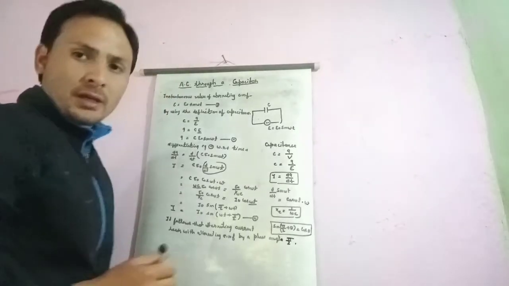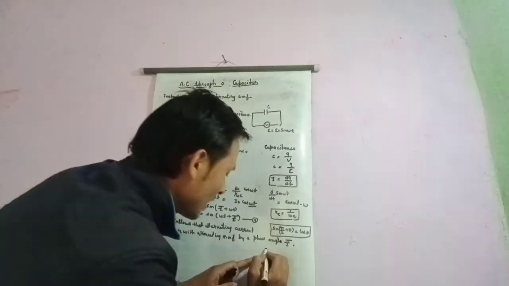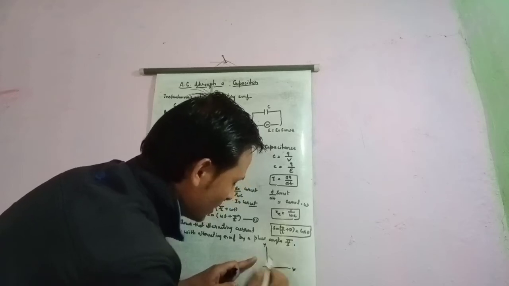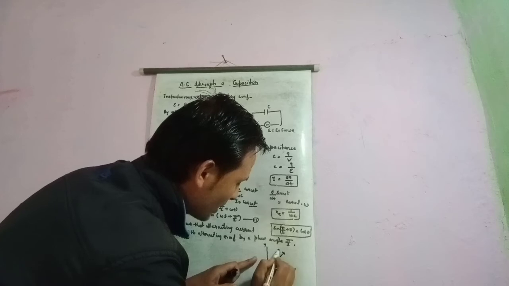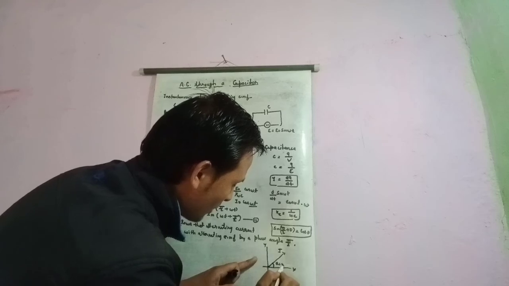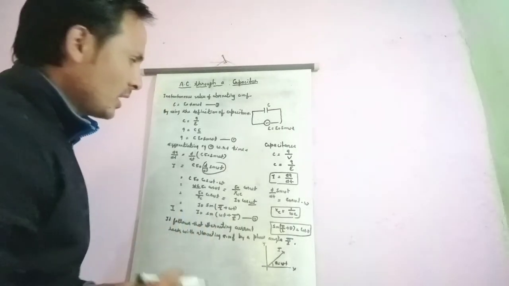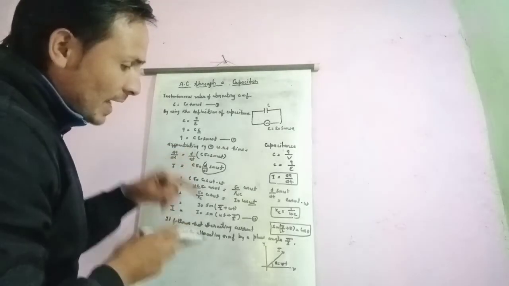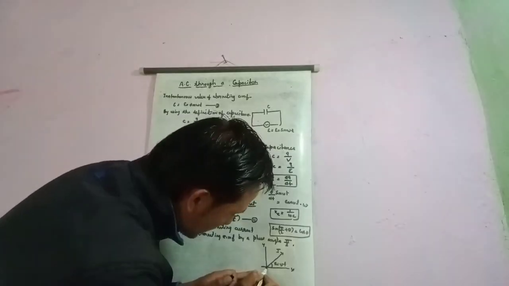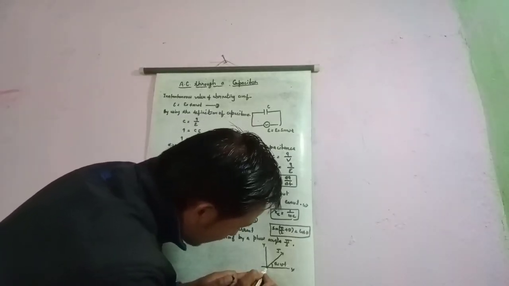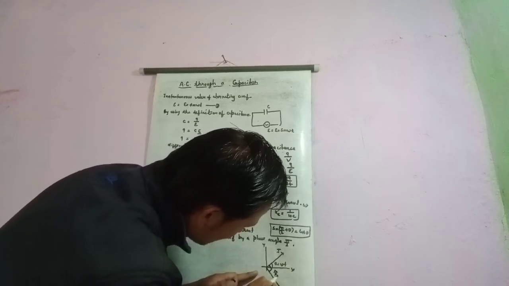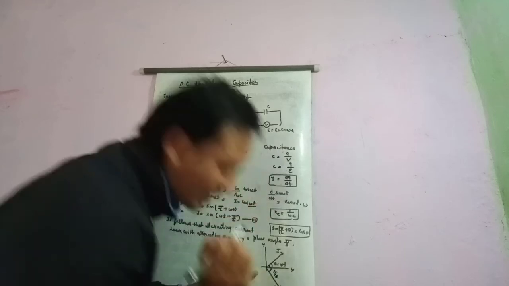Now we will draw its phasor diagram. For the phasor diagram, first we will draw the x axis and y axis. Now here we will draw I, the current, which makes an angle theta equal to omega t with the x axis. In this derivation we know that alternating EMF lags alternating current by an angle of pi by 2. So we will plot the alternating EMF here with angle pi by 2. This is your alternating EMF.